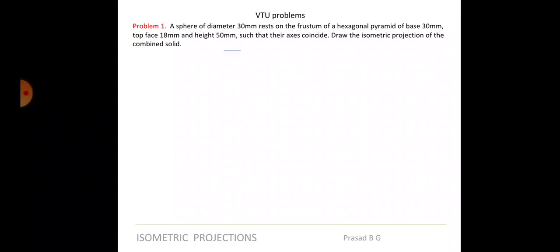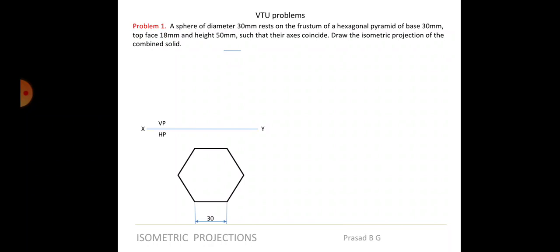So we will start with the orthographic view for this. First we will draw the hexagon. No conditions were mentioned here. If you see in the question, there is nowhere any condition given that one of the sides has to be parallel to a VP or nearer to it. No conditions are given, so you can place it any way, but it would be better if you place it in this view, because we can get the maximum number of edges visible.